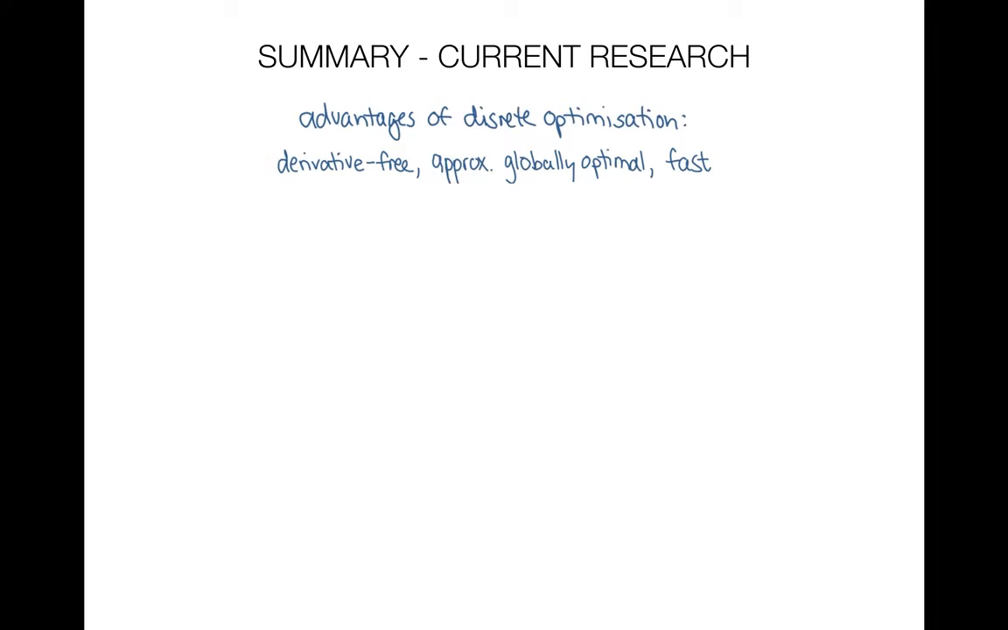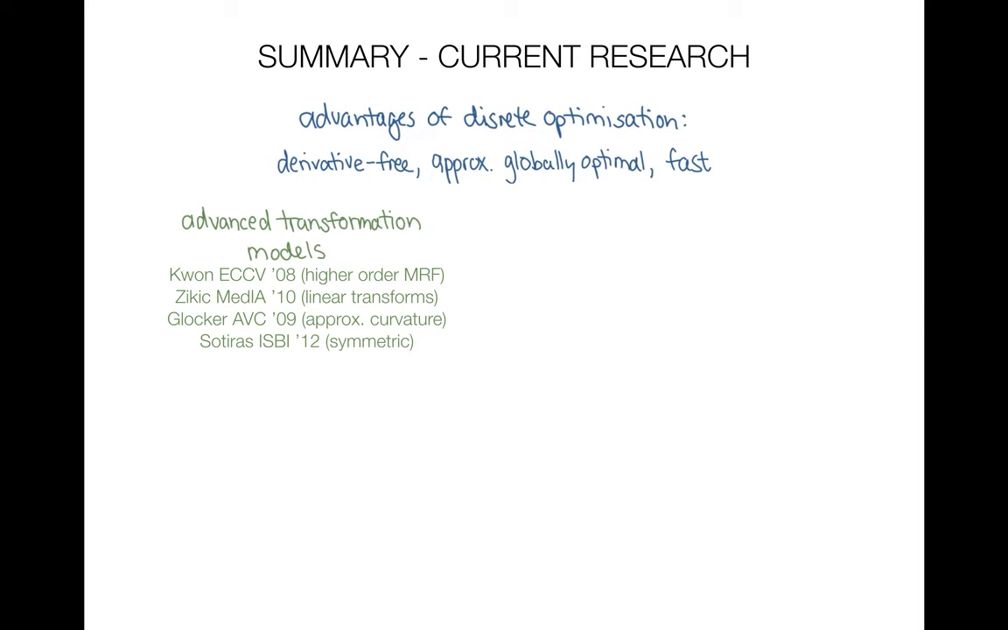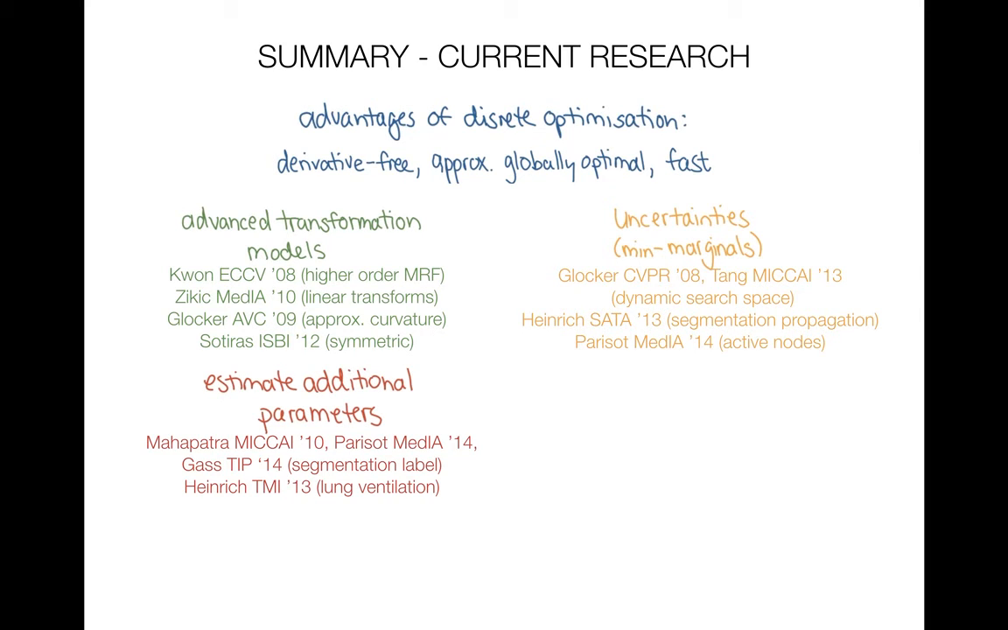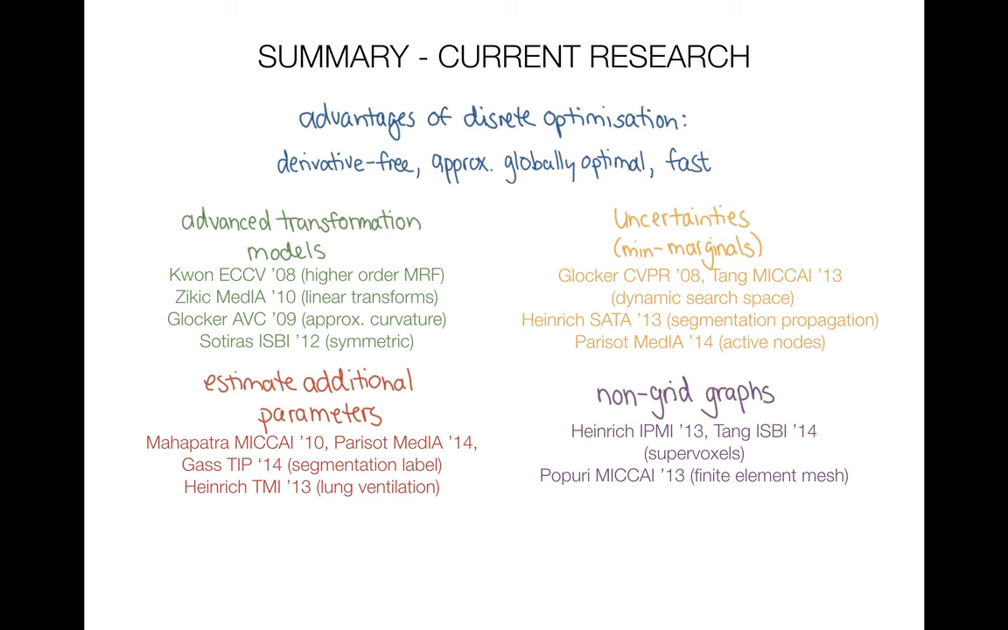There are many active topics of research in this area. The use of advanced transformation models, for example curvature regularization and linear or symmetric transforms, exploiting uncertainty estimates for dynamic search range refinement or to improve segmentation propagation, the estimation of extra parameters in addition to the geometric displacements, for example a segmentation label or functional imaging parameters, and finally the use of image adaptive non-grid graphs such as supervoxels or finite element meshes. For further information about this mini lecture, you can have a look at the website